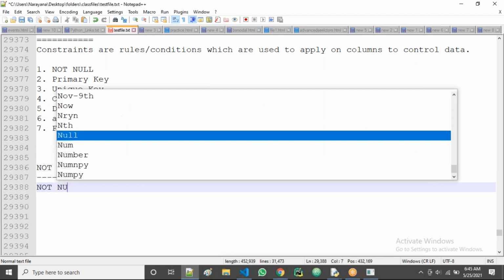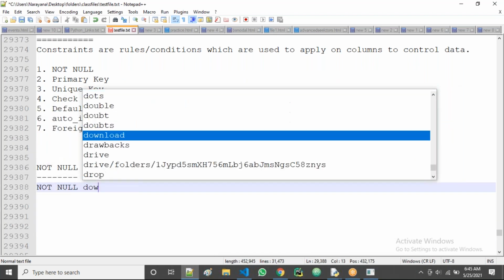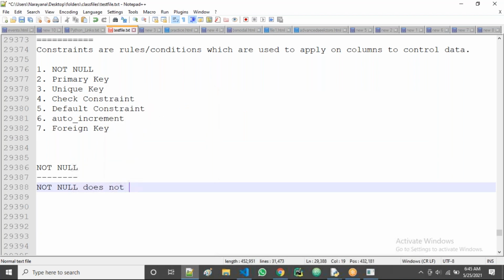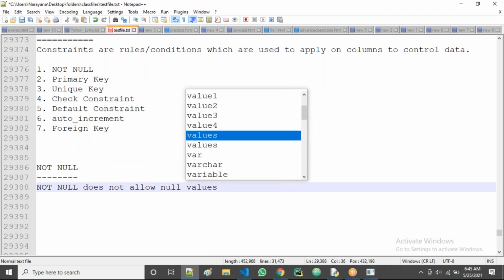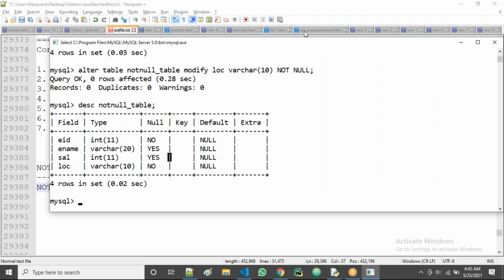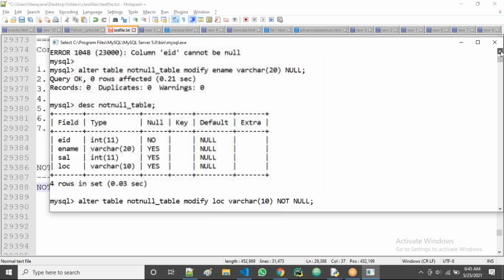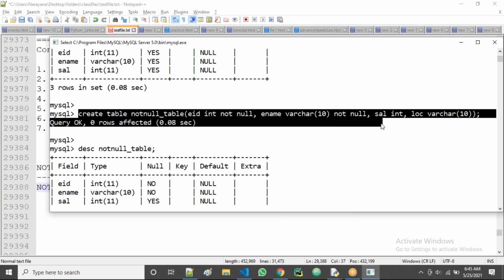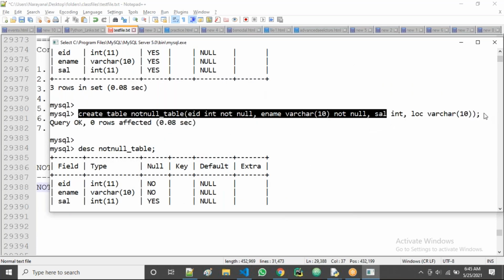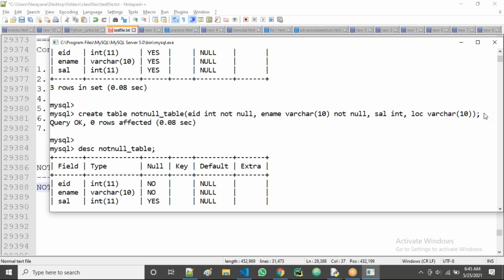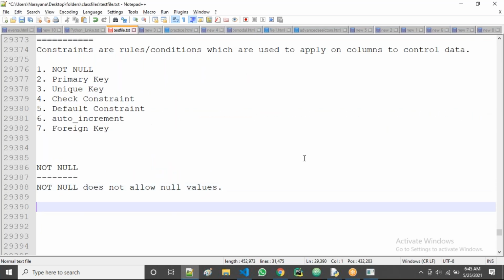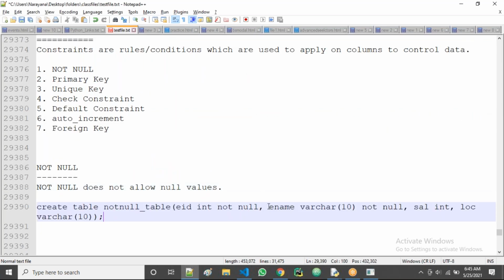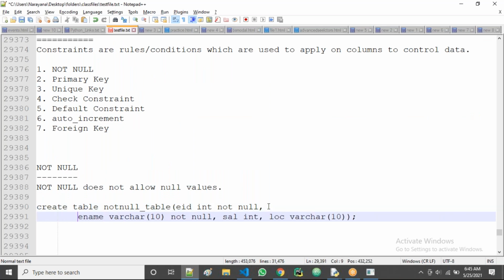Not null does not allow null values. So this is the way of creating a table.